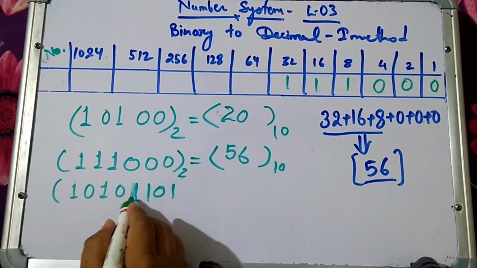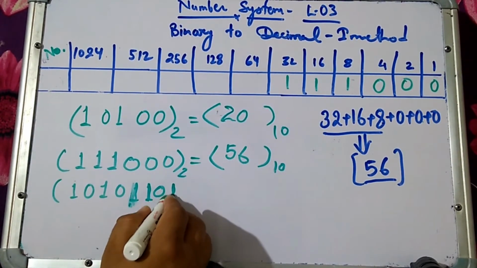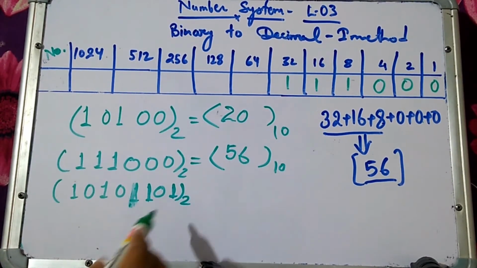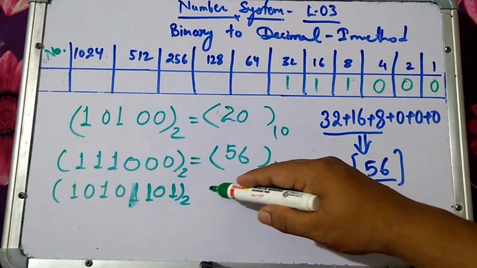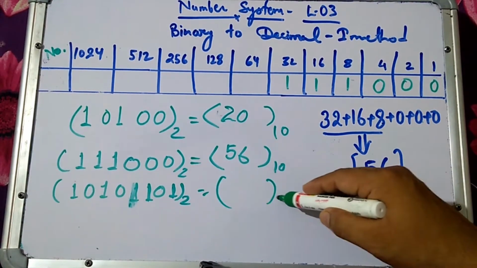1 0 0 1 1 0 1. Okay, so I want to get the decimal number of this binary. So what will be the, so let's